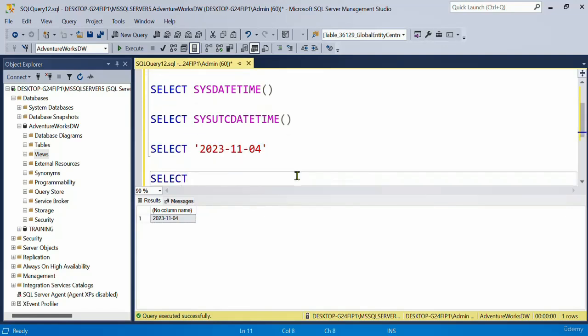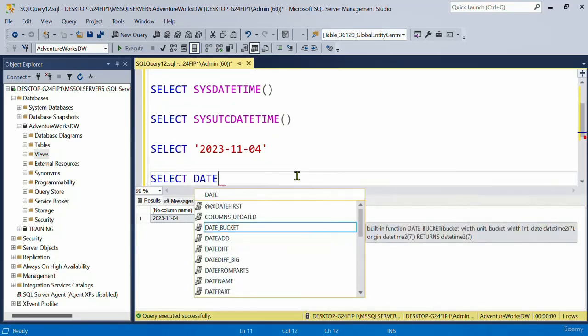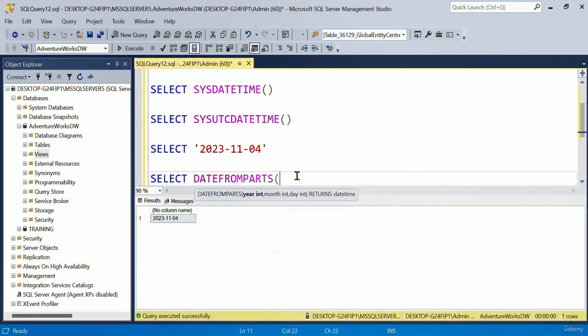SQL has given us a few functions to create dates. You should strictly use them and not worry about formats any longer. So there is something called DATEFROMPARTS. What it does is return me a date, and now we are used to this. We know what is datetime. It is just another data type for date and time. Now this needs three inputs: year, month, and day, and all should be integers. So I'll say 2023, month and day